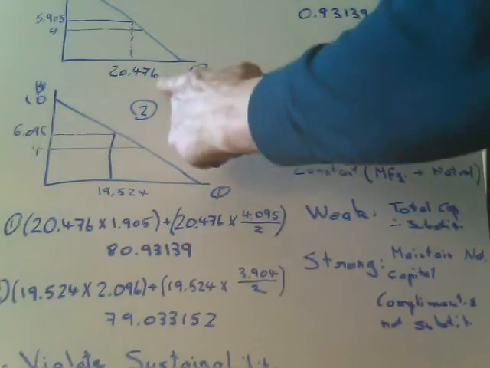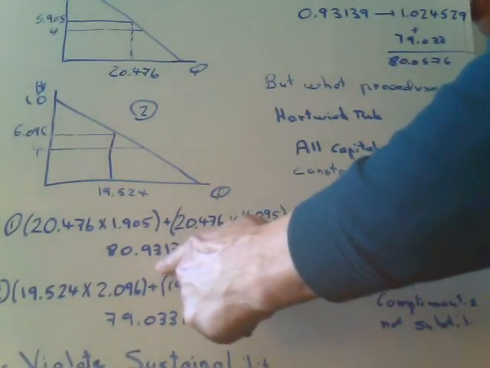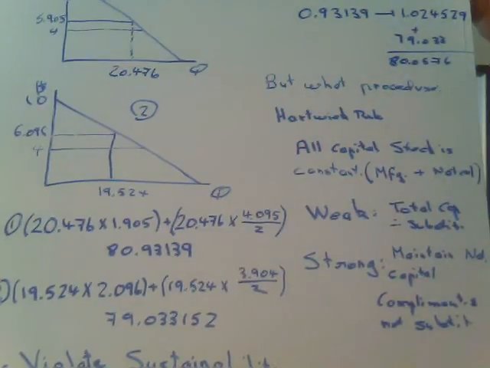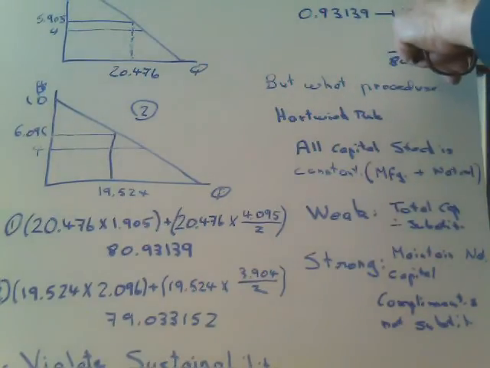I produce the efficient allocation, I save the 0.93139. I pass them along to the second period. How do I pass them along? Well, remember the interest rate is 10%. So by the time it is the second period, they would have grown to